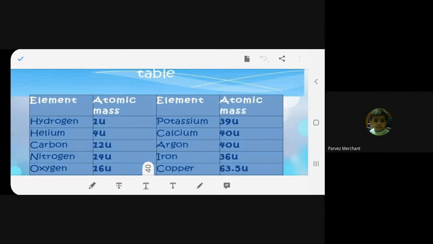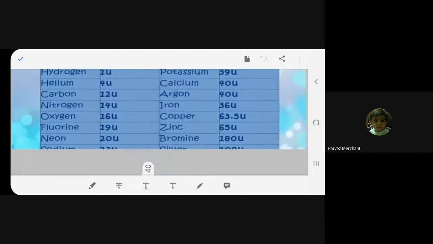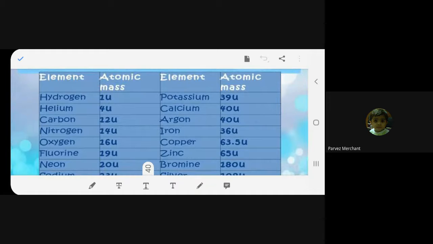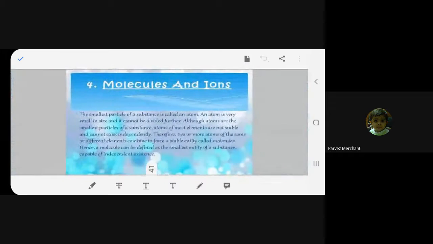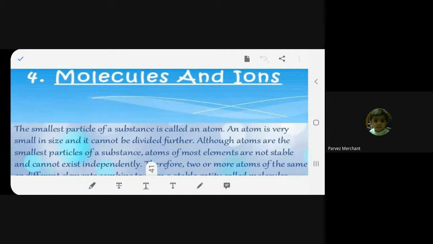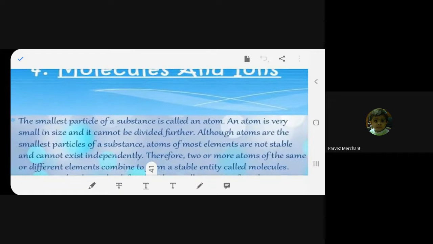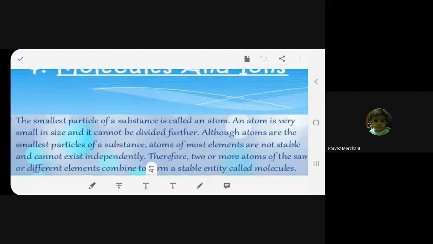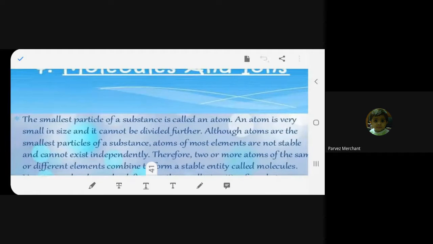So just recall what we did yesterday. We did regarding atomic mass and how it is denoted as U. So you can start from hydrogen as 1U, and then the last one that we had come to was around silver. So atoms over, now we come to molecules. Molecules are bigger than atoms. I think you should know that. Molecules are made up of atoms, right, beta?